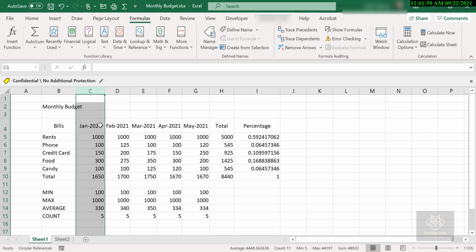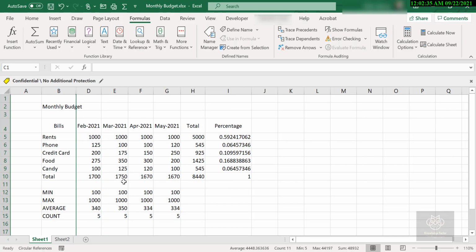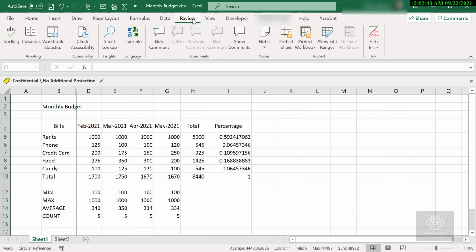So I could hide a column to keep them from looking at it, but they can still go and unhide it. Well, later on in this course, we'll go into the review tab, and in there you have an option for protect sheet, right? We'll talk some more about that. There's all sorts of little bells and whistles in there. We'll talk about that much later in the course, but just give you a heads up and keep you going here. There's so much more you can do here, and if you really want to lock that down, you can protect the sheet as well.